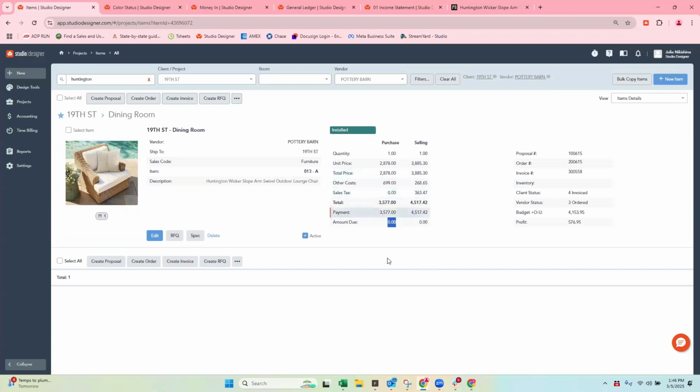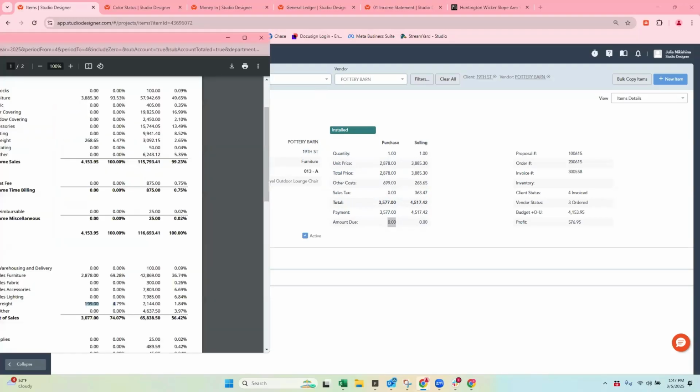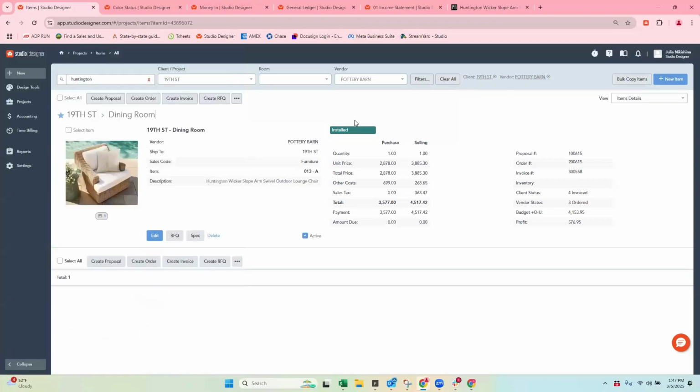So in a way, we had a bad example, right? In theory, Pottery Barn would have never shipped if we owed them an additional cost. Maybe that would happen with a local vendor, but 9 times out of 10, that wouldn't be the case. Somebody would be coming to you before the product was installed to say, oh, shoot, there was a discrepancy in cost.